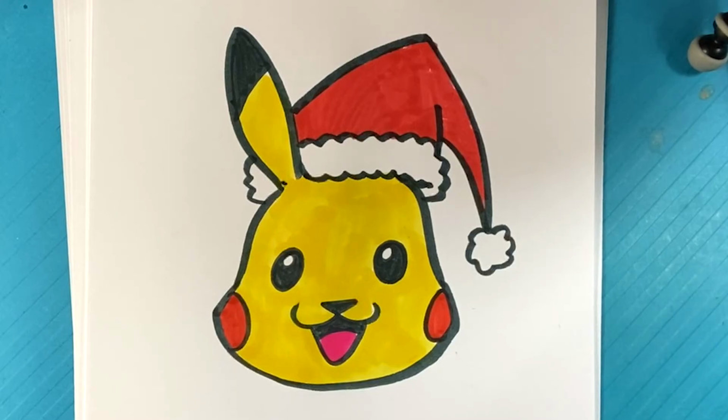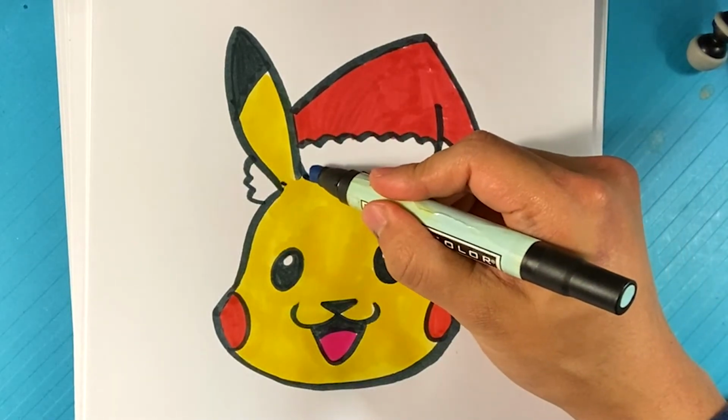That's pretty much it. And the last thing I'll do right here is grab the light blue. Grab the light blue, wherever that is. Let me see, where's the light blue? I'm going to grab the light blue and I'm going to throw it in around the edges of the Christmas hat